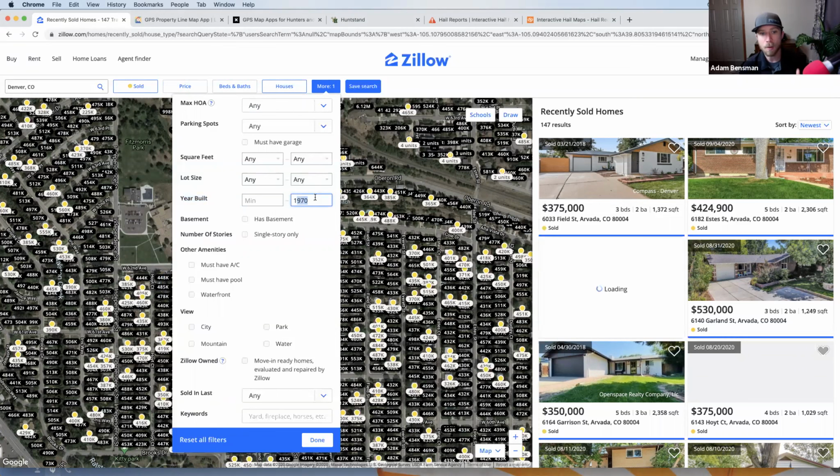Let's say a home built in 2000 has a roof that is now 20 years old. It's probably going to be needing replacement. So on the retail side, we're good. And on the hail side, we know those roofs that are older are also more prone and susceptible to hail damage. We've all seen it. 1-inch hail might obliterate a roof that is 20 years old, but it might do nothing to a brand new roof. So this is why we want to search by age,